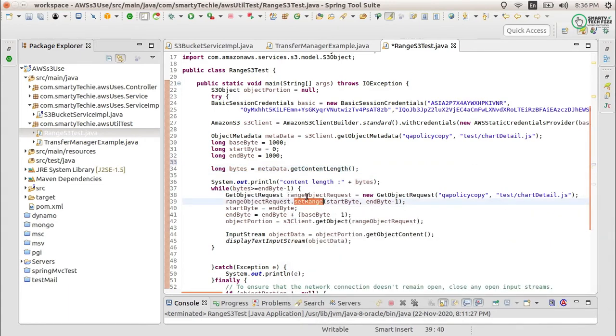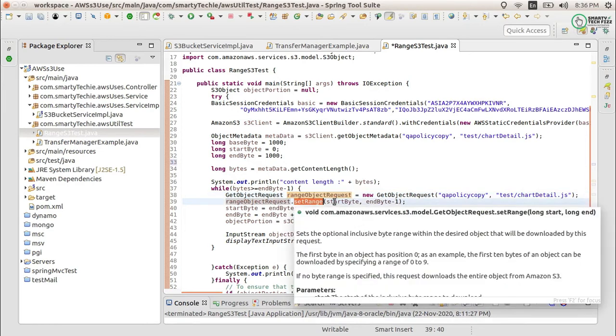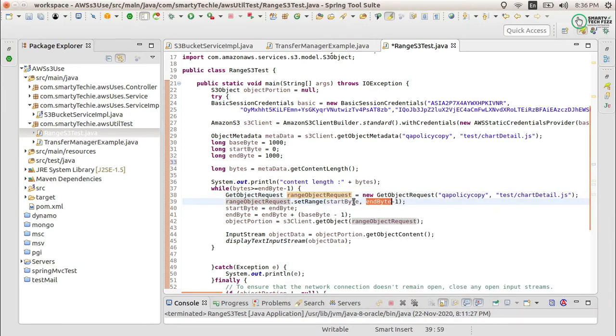You have to set the range in this object request, with setRange equal to start byte and end byte. The start byte here is 0 and the end byte here will be 1000. You can take any number of bytes. I have taken 1000 bytes because I have a small file, but if you have a large file you can increase it. So just for the base case I have used the 0 to 1000 range.